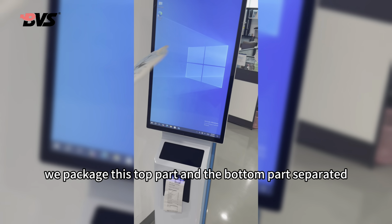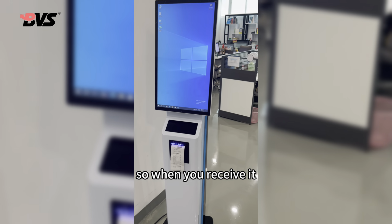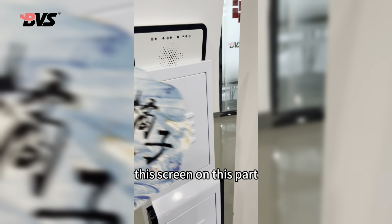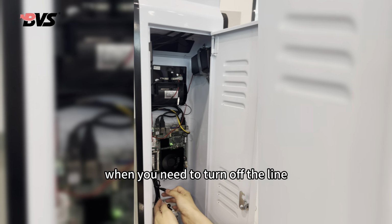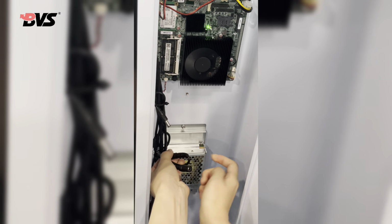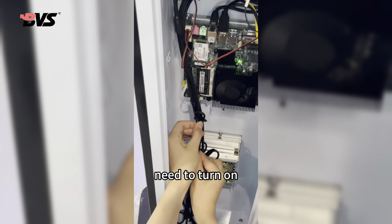We package this top part and the bottom part separated. So when you receive it, you need to install this screen on this part. And here, when you need to turn off the line, you can just pull it out. And when you need to turn on,